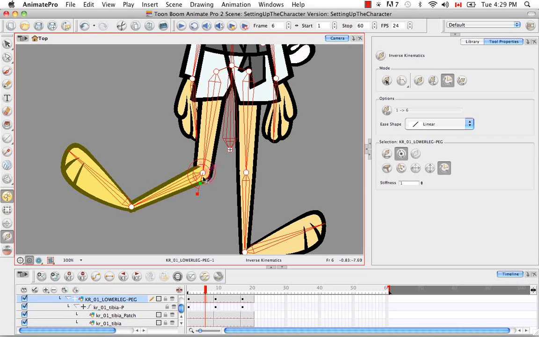And then this strange spiral with 2 handles appear. You might not be able to tell they're handles, but one is a red handle with a green square at the end, and the other one's a red handle with a red square at the end. And the green square denotes the minimum angle, while the red square denotes the maximum angle. So you can never obviously have a maximum angle that's smaller than the minimum, and vice versa, a minimum angle that's larger than the maximum. And if you actually bring them too close together, they end up spinning together, so you don't want to do that either. So what we're looking for, I think, is to have